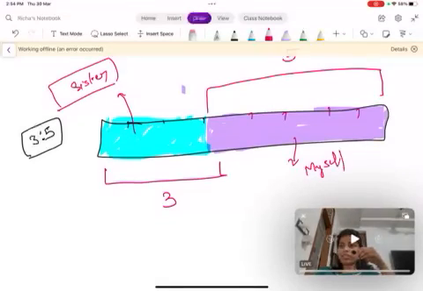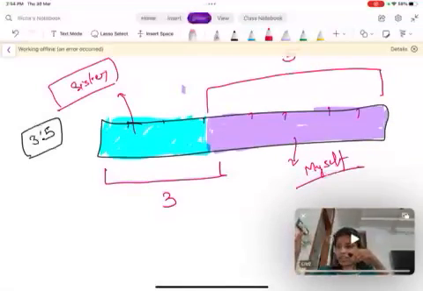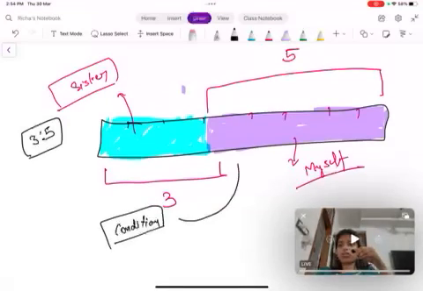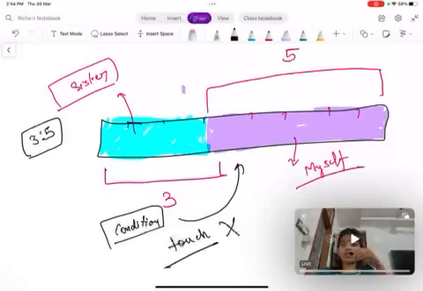So can you help me to divide this chocolate into 3:5 parts? But I have a condition. I have a condition. You should not touch my chocolate. You should not touch it. Touch my chocolate means you